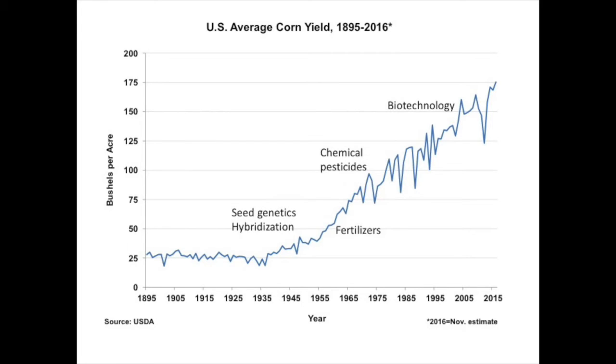We also began in the 60s having chemical pesticides, herbicides to control weeds, insecticides to control insects, and there's several other fungicides to control funguses. So all of those began to be introduced in the 1960s. As we controlled those pests, the crops performed better, and we had higher yields.